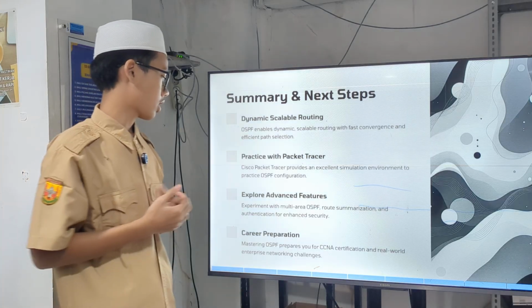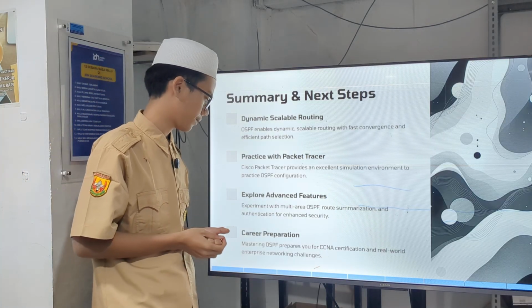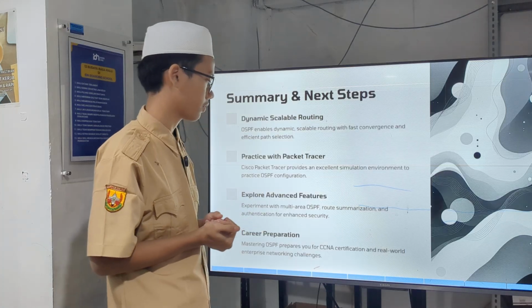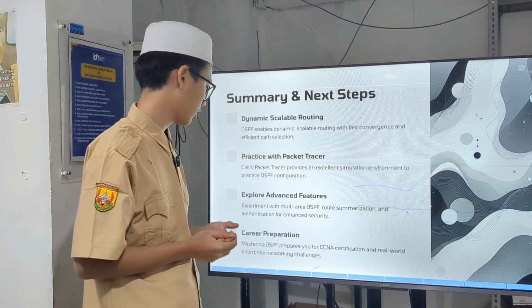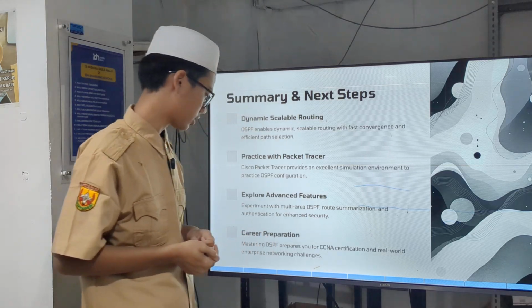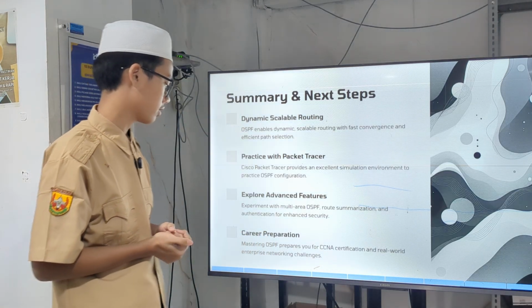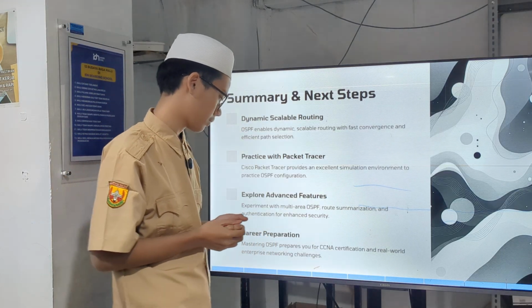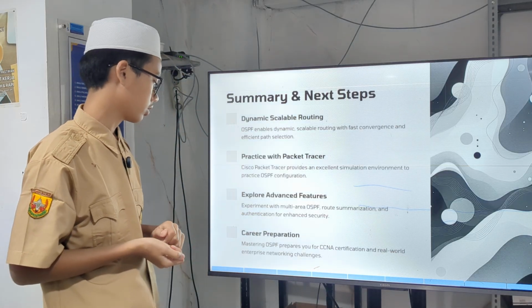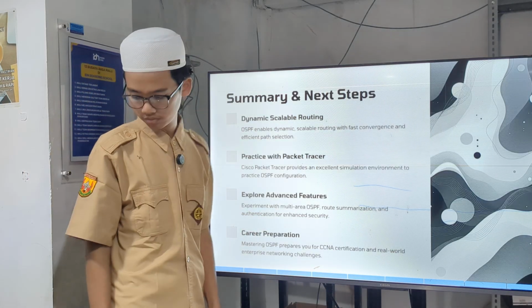We must also explore advanced features: experiment with multi-area OSPF, route summarization, and authentication for enhanced security. And last is career preparation. Mastering OSPF prepares you for CCNA certification and real-world enterprise networking challenges.